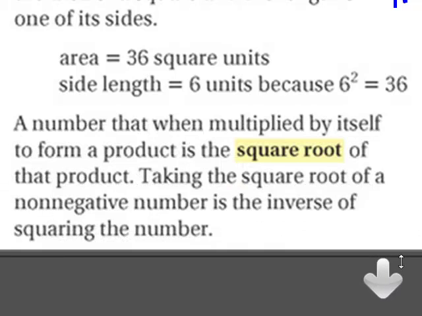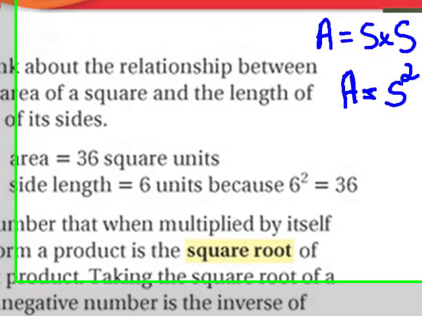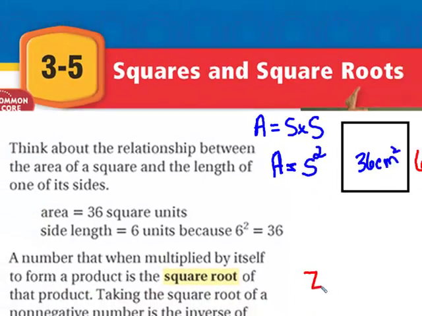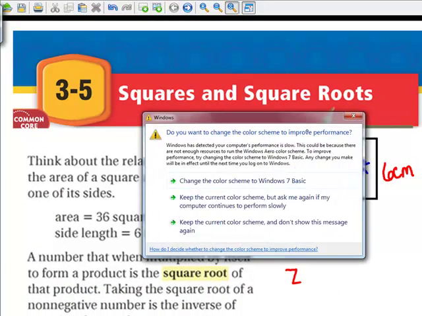So here's some definition work. A number that when you multiply it by itself to form a product is the square root of the product. So that's pretty wordy. What it means is if you take a number, 7 for example,